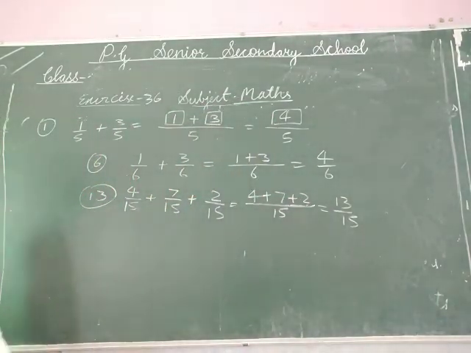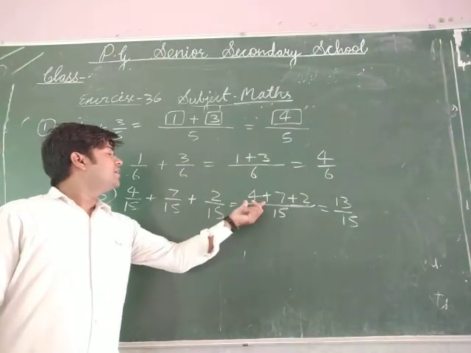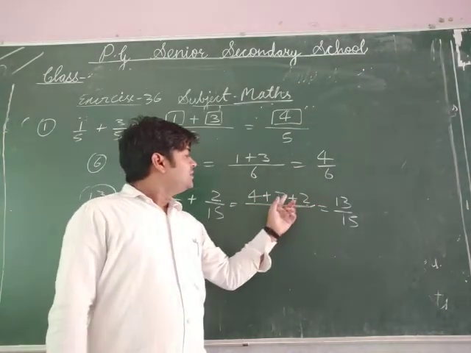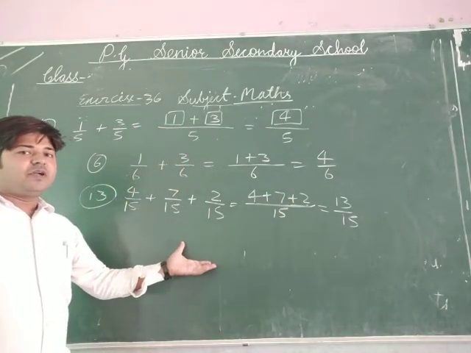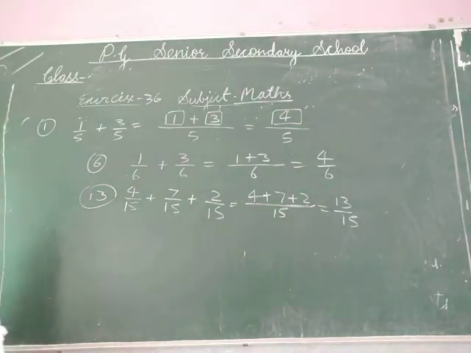This is very simple to add. Firstly you have to write the denominator, then you will add the numerators upside: 4 plus 7 plus 2. 7 and 2 is 9, plus 4 is 13. 13/15. Like this you can solve in your fair copy, and you have to solve in your fair copy with this process only. Okay,